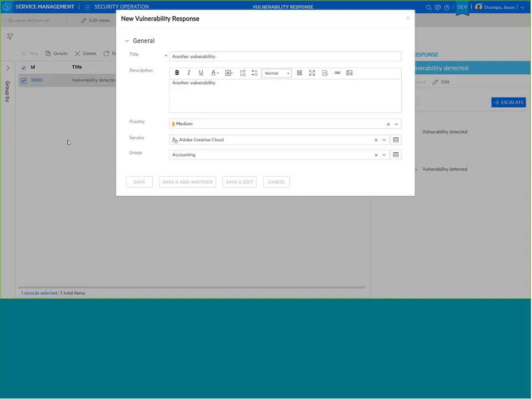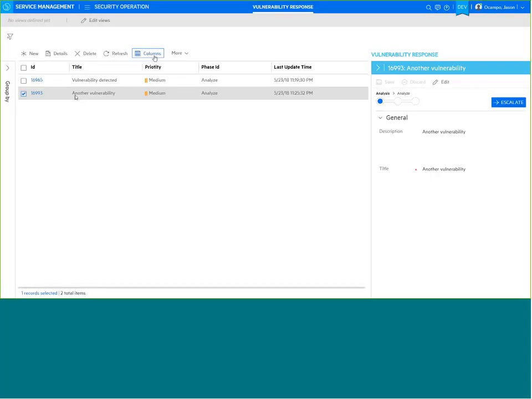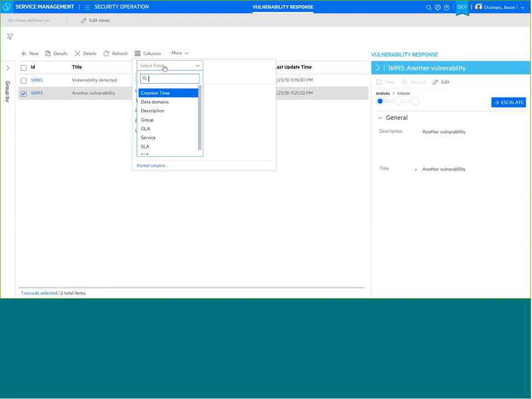System. Let me go ahead and refresh. All right, looks like it was created there. And now I'm going to go in and add the service level target, next target time, to my grid. I'll see that there, and you can see, let me move this into the middle, so you can see now